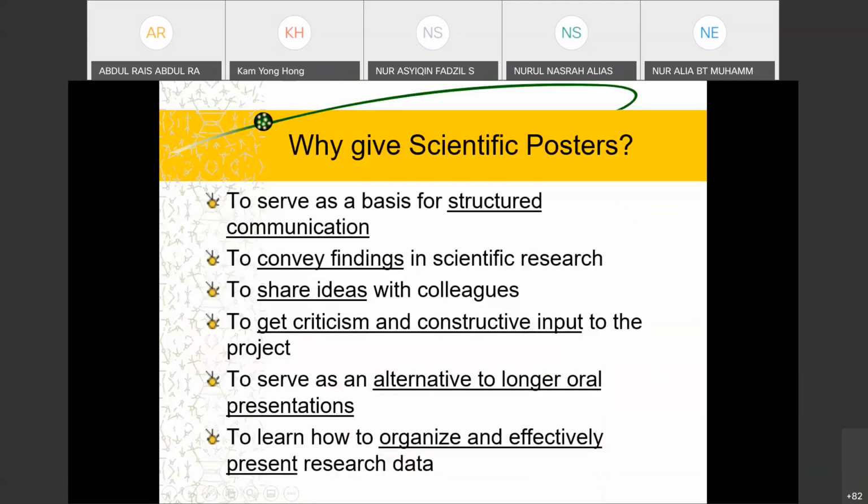Okay, so why give a scientific poster presentation? It serves several purposes. Amongst them is to serve as a basis for structural communication, convey findings in a scientific research. Depending on the theme, kalau nutrition, you will present pasal nutrition. Kalau food science, hospitality lah. To share ideas with colleagues and as well as industrial players, as well as a platform for you to get positive, saya tak suka guna criticism, positive feedback and constructive ideas of input about the current projects, okay,